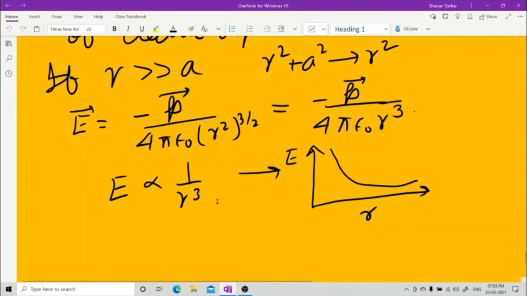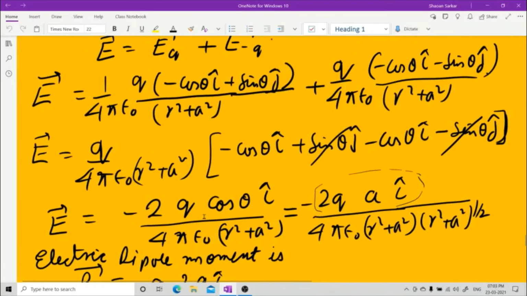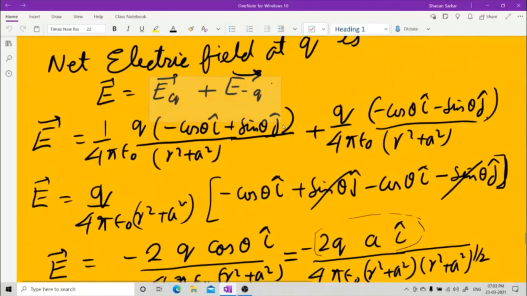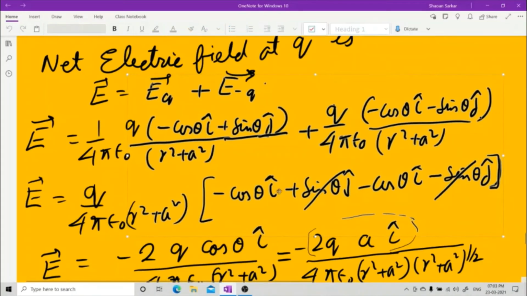In class 12th, I mean to say, you didn't use this vector form. You didn't use this vector form in order to cancel things. What you did was that,